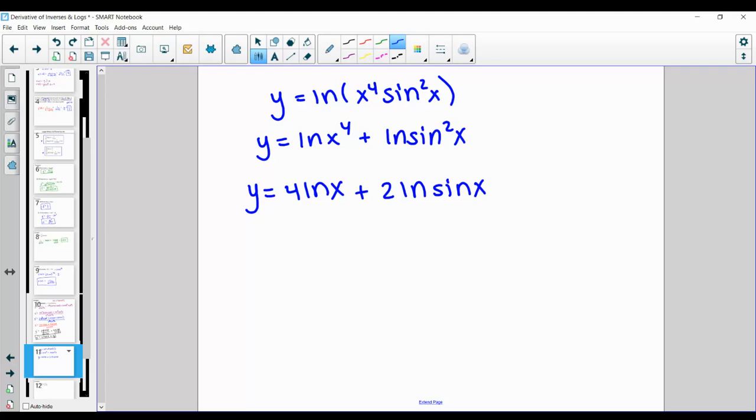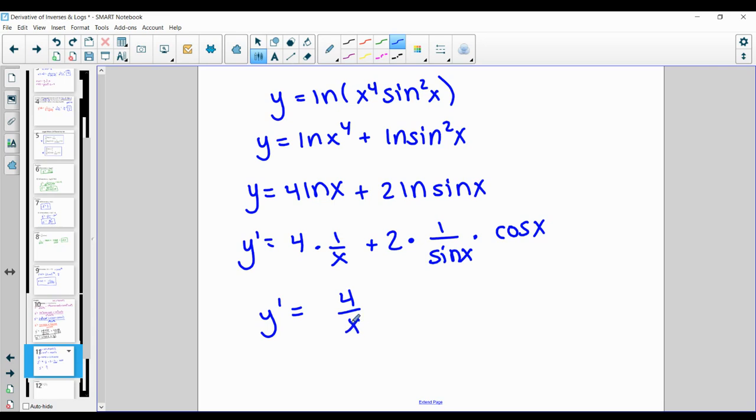So we just rewrote the original problem to be a lot nicer, so when I go to find the derivative of this, I don't have to do all of that crazy product rule and all the stuff. I have everything set up for ln's. So now when I take the derivative, I'm going to have 4, which is our constant, stay. The derivative of ln of x is just 1 over x, plus the 2 is going to stay. The derivative of the ln of sine x is going to be 1 over sine x times cosine x. So if I put it all together, I get 4 over x plus 2 cosine x over sine x,